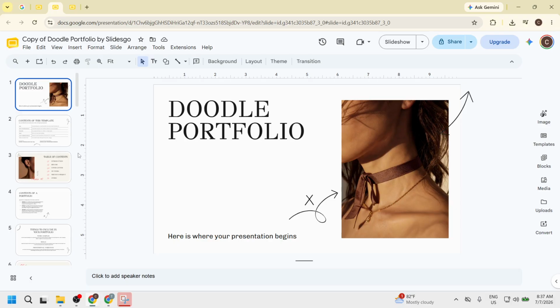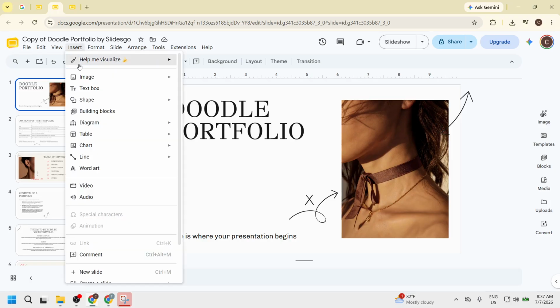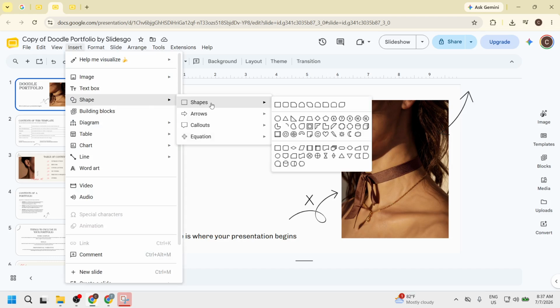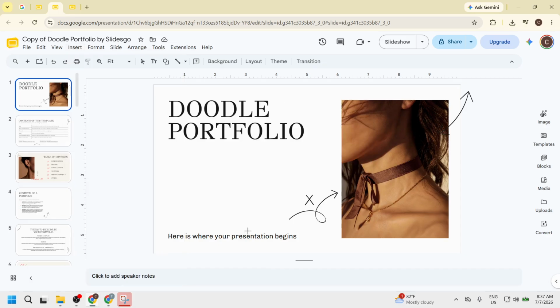Now it's time to click Insert in the top menu. Once you do, hover over the Shape option and then select Shapes. From the submenu, you will see various shapes to choose from, including the rounded rectangle. This shape is ideal for buttons, but feel free to explore other shapes that might fit your style better. Choosing the right shape is vital because it enhances the visual appeal of your button and makes it more inviting for viewers. From there, click and drag on your slide to draw your button.